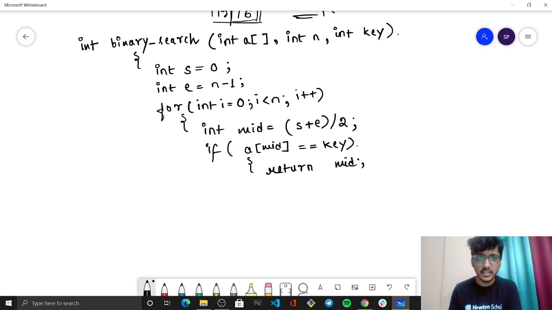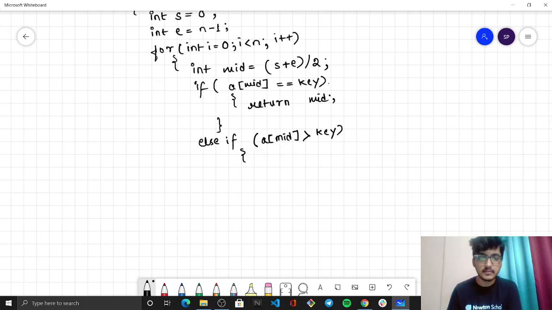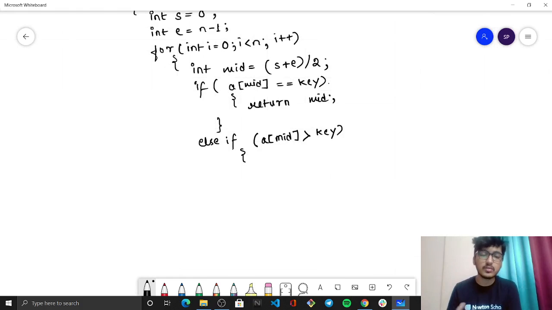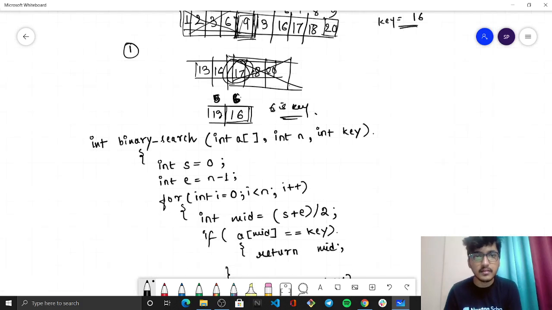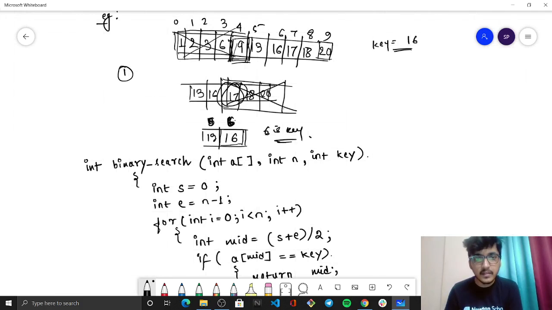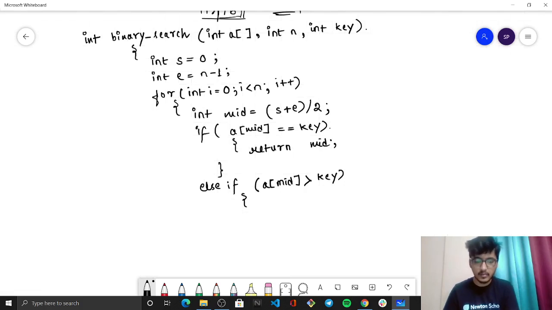Alright, if it is not, else if a of mid is greater than key, what we will be doing is, the extreme point that we have discussed here: if it becomes greater then we cancel all the elements on the right hand side, and the ending point becomes mid minus 1.